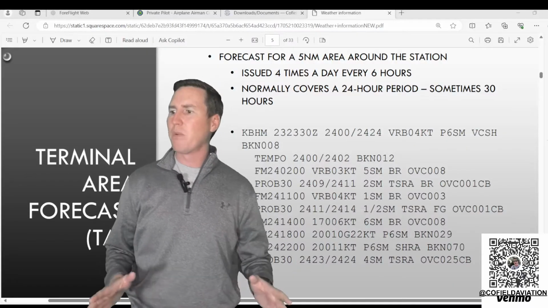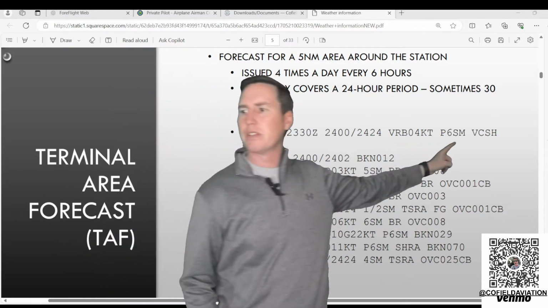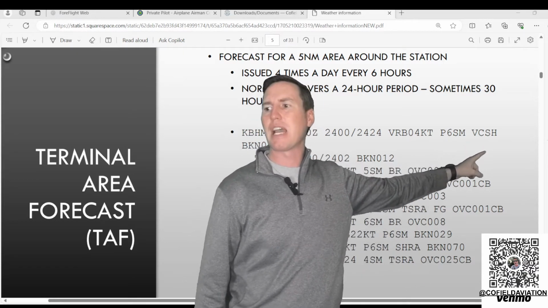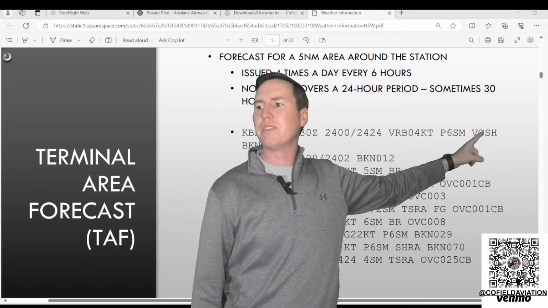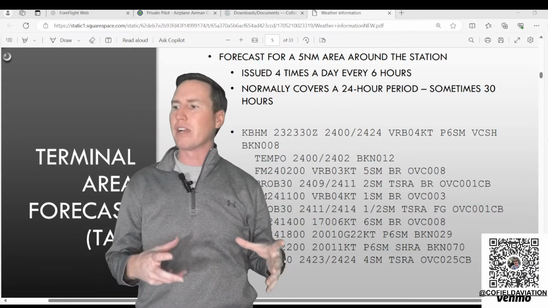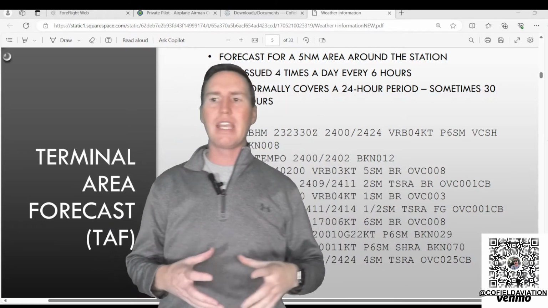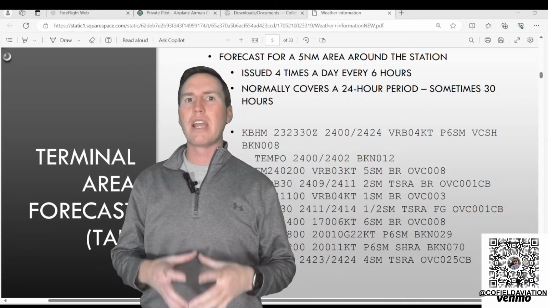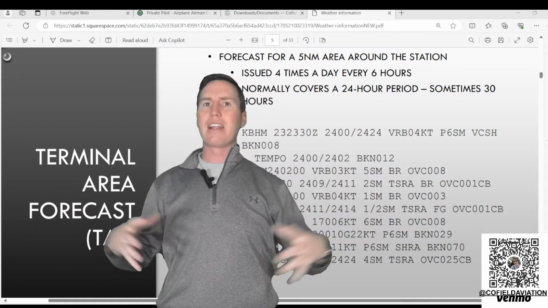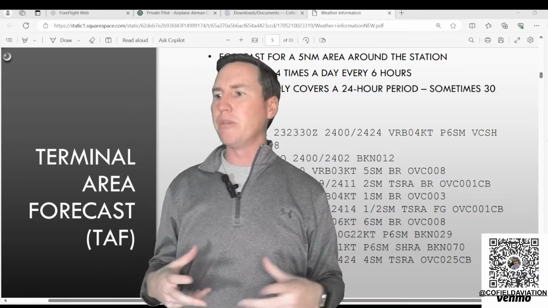All right, everyone, just one thing I wanted to add here on the terminal area forecast. When you see right here, where it says vicinity shower, remember that this forecast is only good for a 5 nautical mile area. So what it means by vicinity is that it's not necessarily saying that at that terminal area location there will be showers, but just outside of that 5 nautical mile ring, which means the vicinity, that there could be